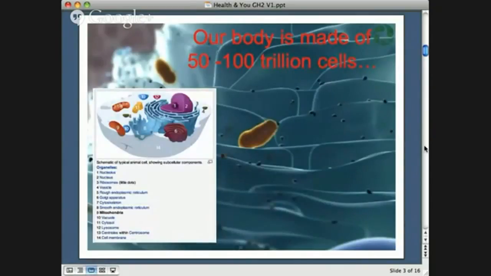Our bodies are made up of 50 to 100 trillion cells, and to nourish our body we need to nourish each cell, and that requires 53 nutrients on a daily basis, and some of these are made in the body and some are an external supply. So you can see how complex each cell is, and also remember that each cell has an electron that scoots around the outside of the cell.